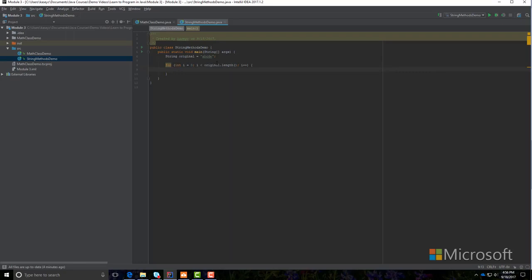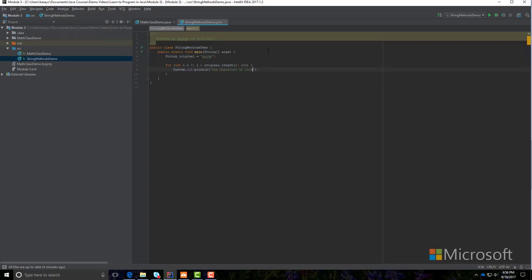Now, this is going to work especially well starting i at 0 because each individual character in the string has an index. And the indexes, like most things in computer programming, start at 0, not 1. So I will show you. Let's say I'm just going to print out each individual letter and the index that it is at. So I would say the character